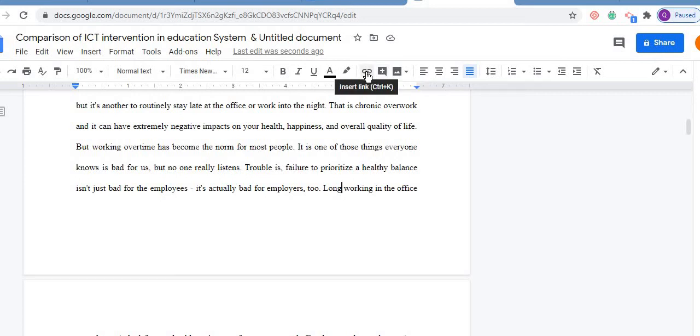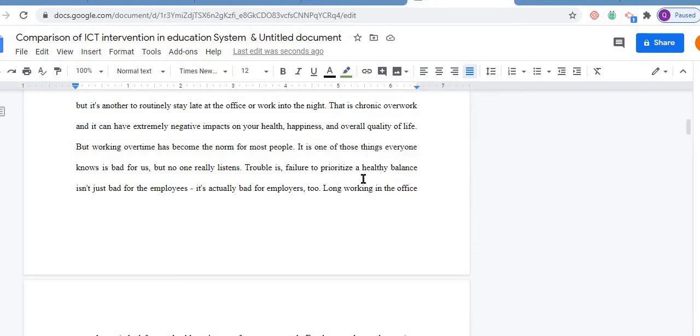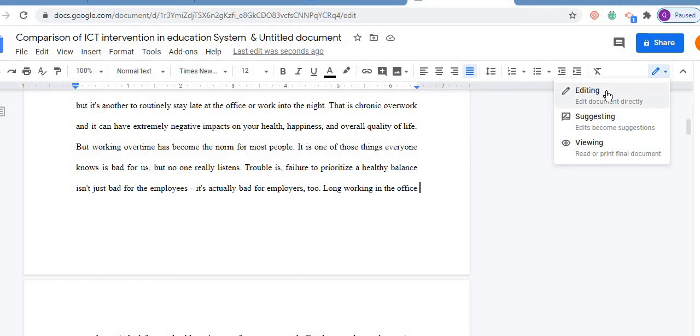This is insert a link, you can insert any link of the web whenever it is required. This is highlight the color, if you are looking for highlighting of color, so you can highlight the color. Okay, so this is line spacing, which we had already done here, and this is line spacing again, number list, bullets if you want to, I had already discussed with all of you, and clear formatting. Now this is most important, which is editing.